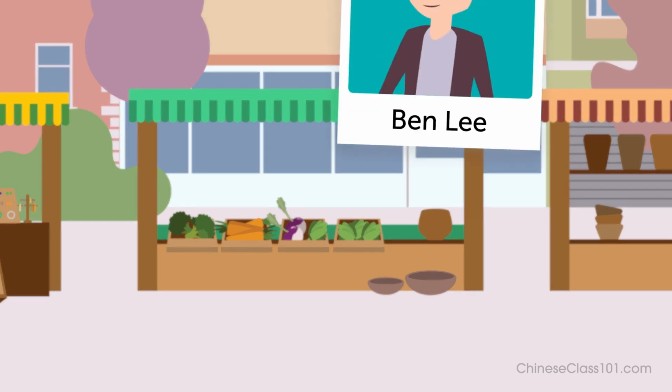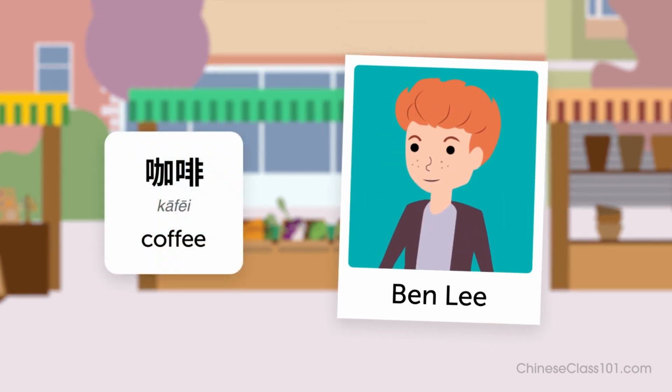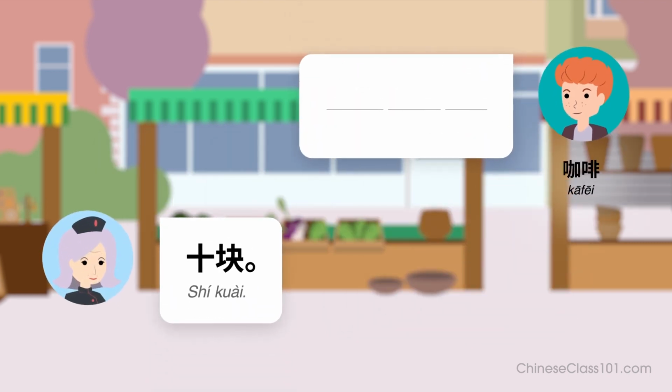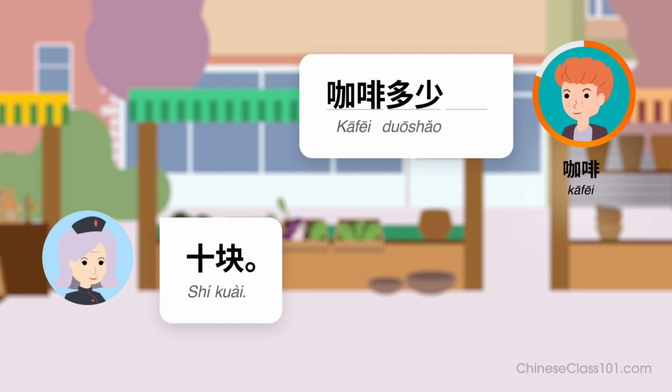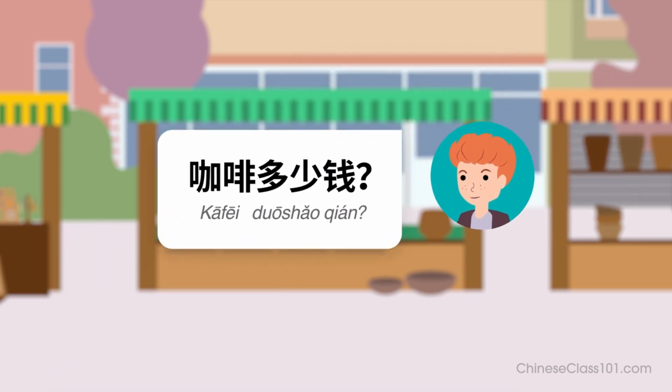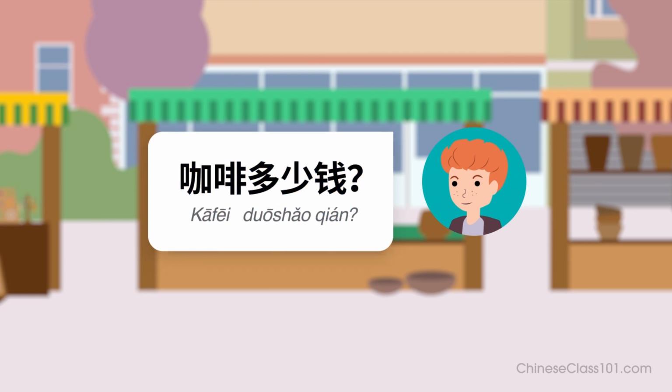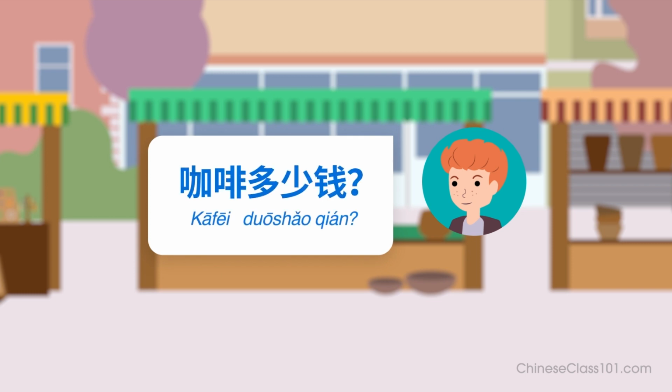Let's try another. Imagine they're also selling artisan coffee. Ask for the price of a coffee. Ready? 咖啡多少钱？ 10块。 Listen again and repeat. 咖啡多少钱？